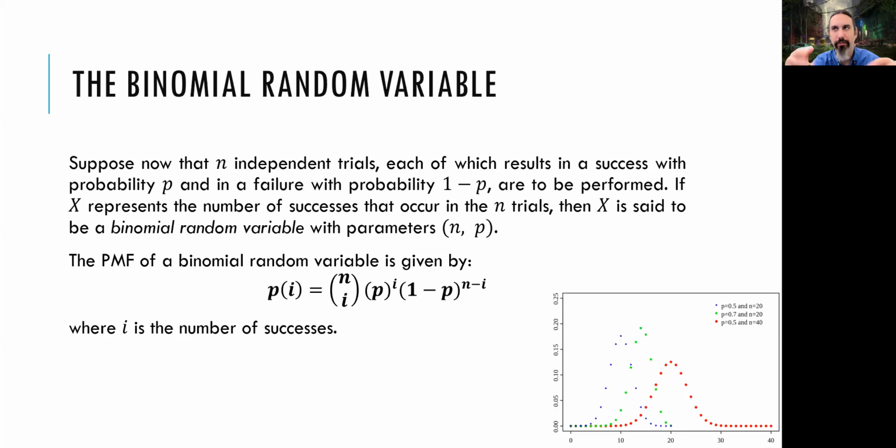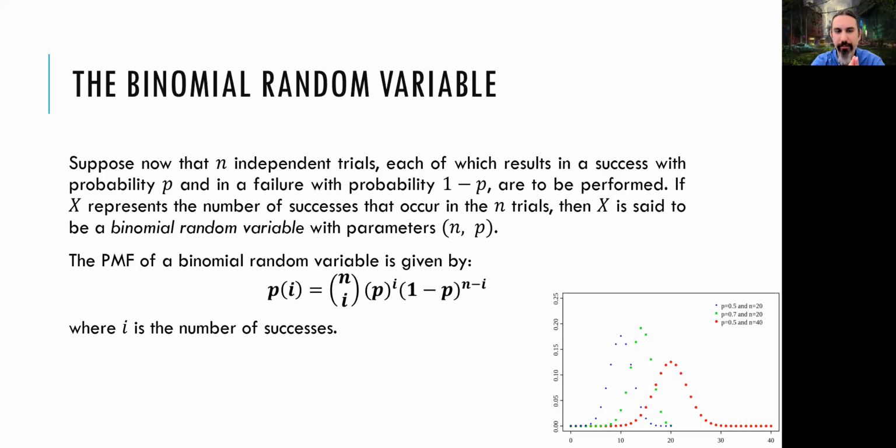So we are having an experiment, making some trials, and we count up to n times. We make n trials, and out of these n trials, we are looking for the number of successes, which we're going to name X, the random variable X. So this X is a binary random variable. It has two outcomes: failure or success. It's counted through lots of different trials. So we are trying to find the number of successes.